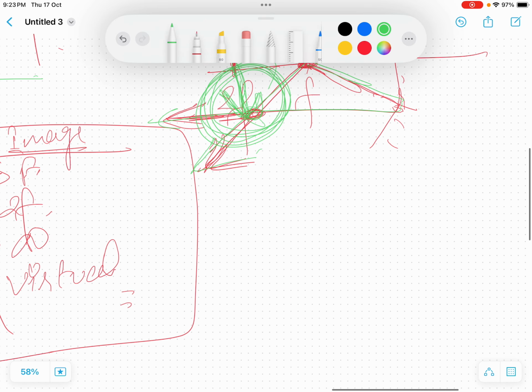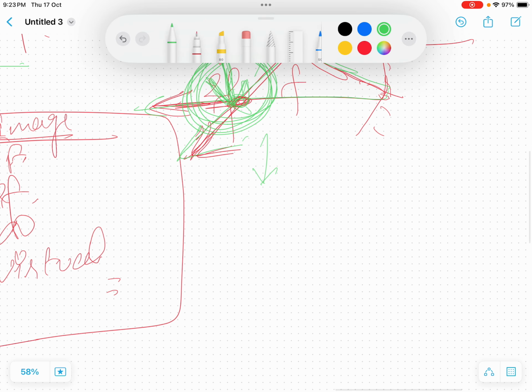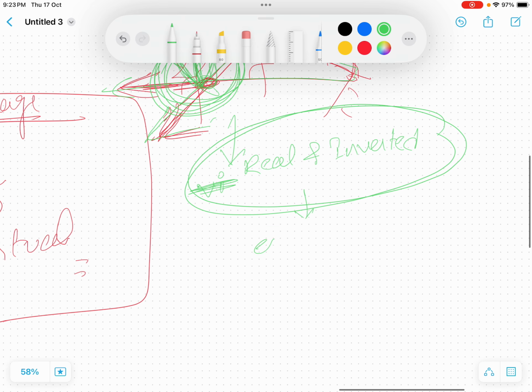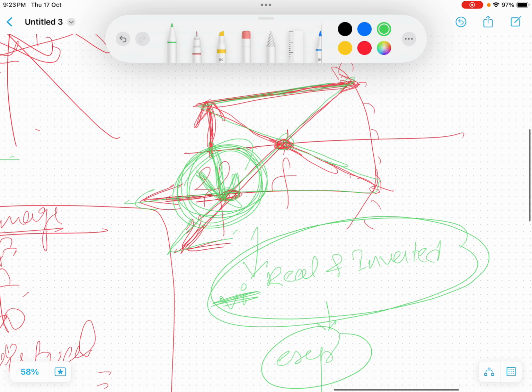सो कॉनकेव मिरर टिपिकली कौन सा इमेज बनाता है? वर्चुअल नहीं भाई, रियल एंड इन्वर्टेड बनाता है। पर एक ही एक्सेप्शन है। एक्सेप्शन क्या है, जब ऑब्जेक्ट फोकस और ऑप्टिकल सेंटर के बीच में हो।